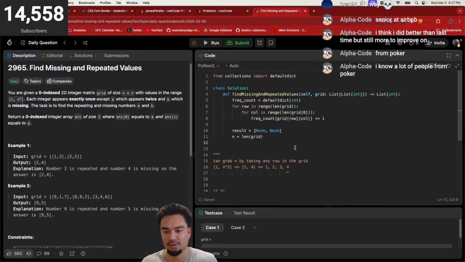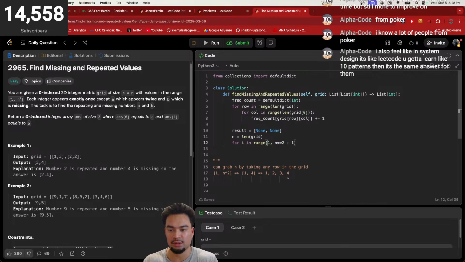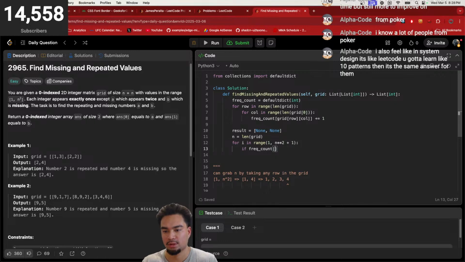What did he ask you? What question? Okay, we're gonna go through each element and we're gonna count up the number there. So what we're gonna do is for i in range 1 to n to the power of 2 plus 1, if the frequency count of i